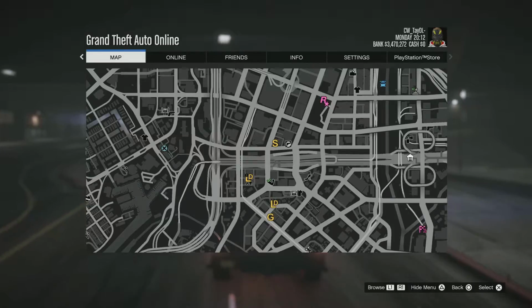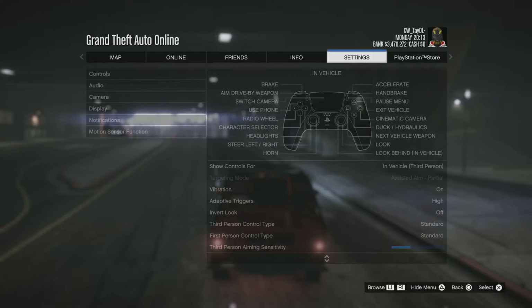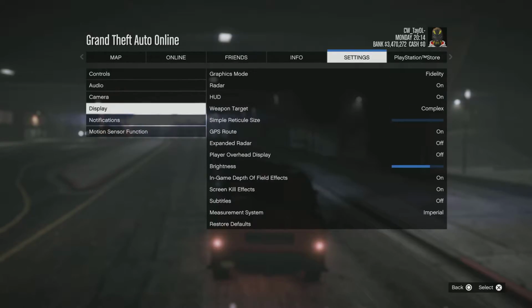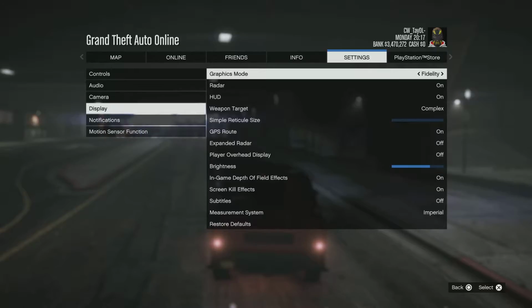And now we're gonna go to performance. Oh wait, I forgot to say, fidelity gives you ray tracing, 4K graphics, like I said. So I did not mention ray tracing. Ray tracing is basically, it tries to give you the most realistic feeling in the game that it can. That's what ray tracing does. Now that we got that out of the way,